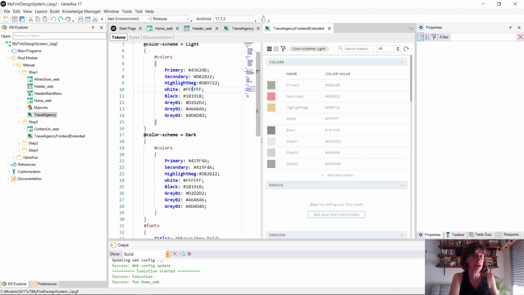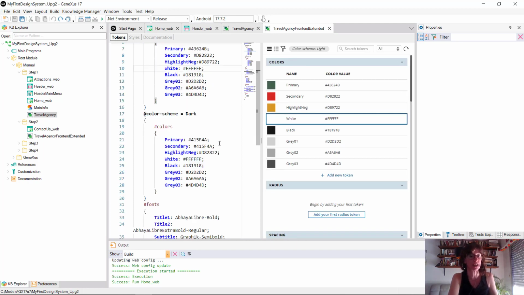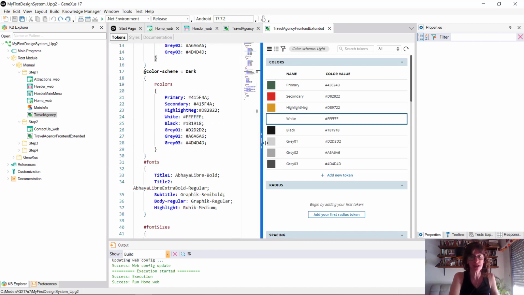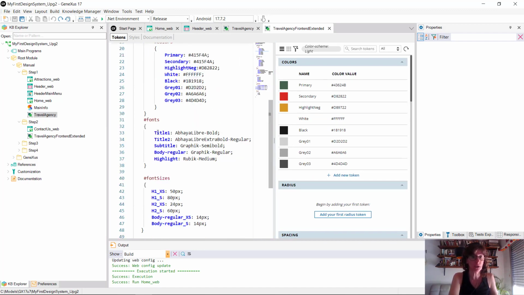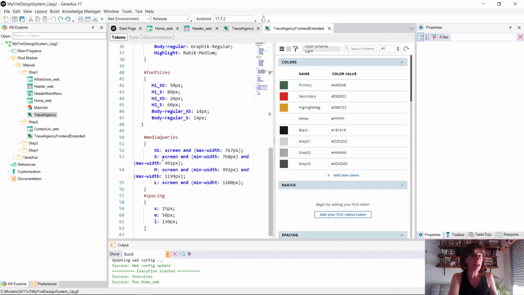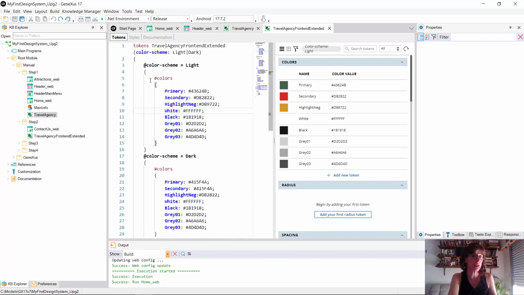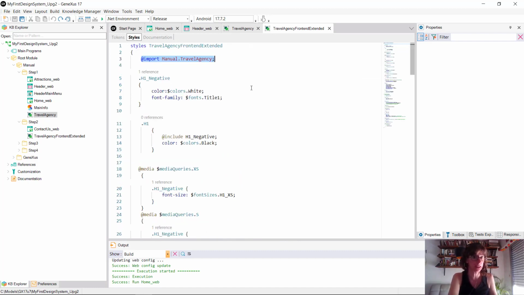I could have one type of color when I'm using white for the light mode and another type of white when I'm using the dark mode. But I cannot just do this. I can do other things for color tokens. We also can define new font tokens for font families. We can also define font sizes. And we can also define other things such as media queries, which we're going to talk about in future videos. And we can also define tokens for spacing. Now, all of this, if it's defined here, is being defined because we're going to use it in the classes of the style section.